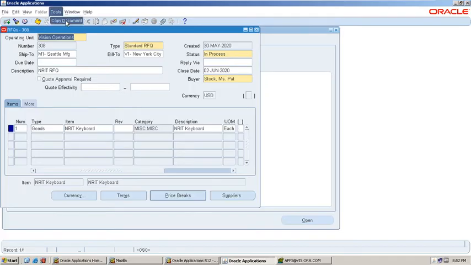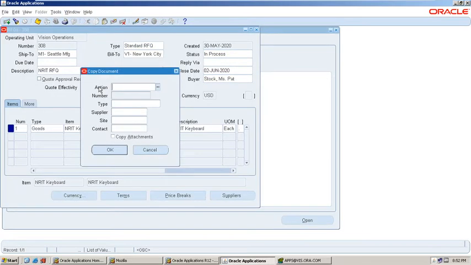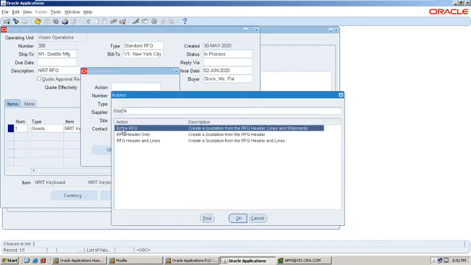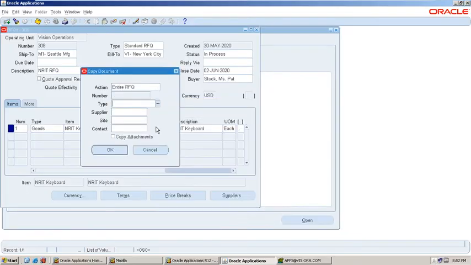Here, tools, copy document, meaning we are copying everything from RFQ to quotation.